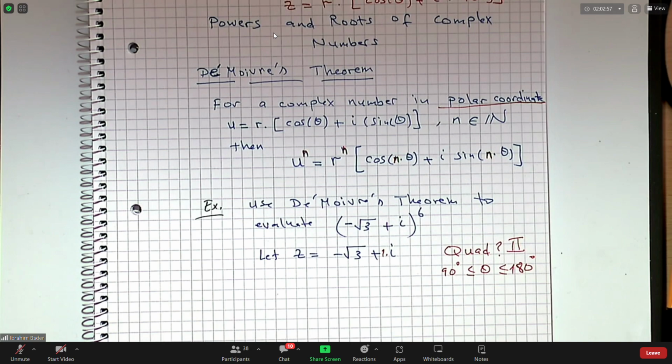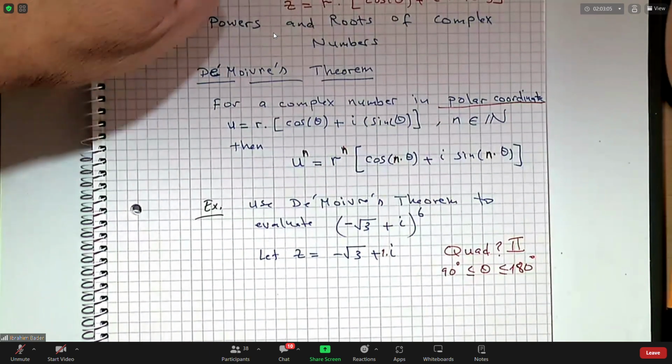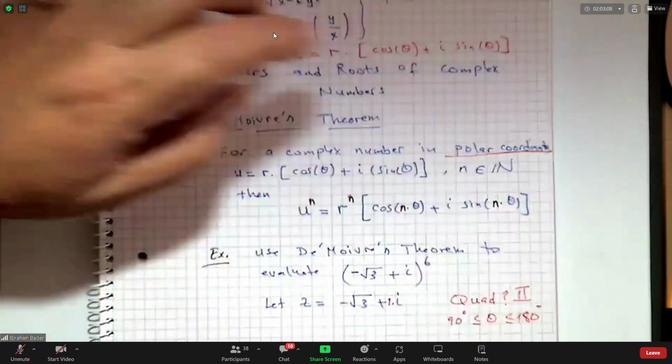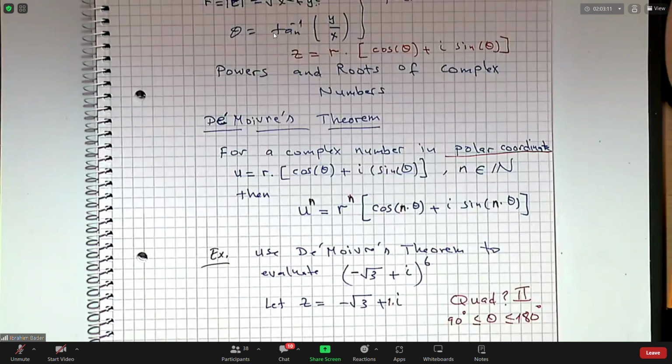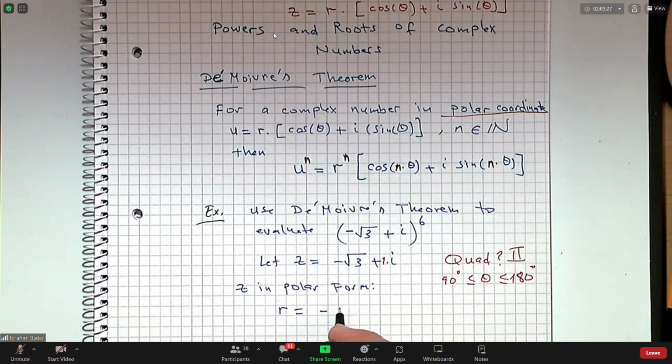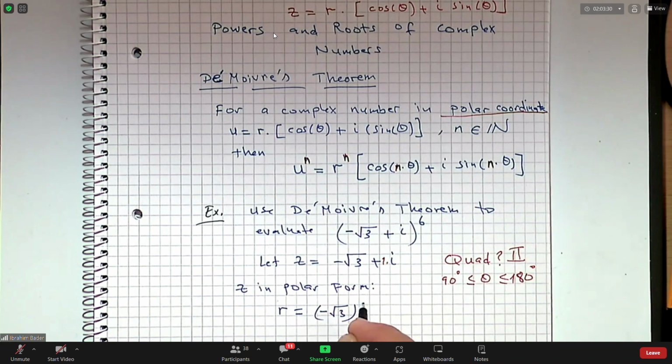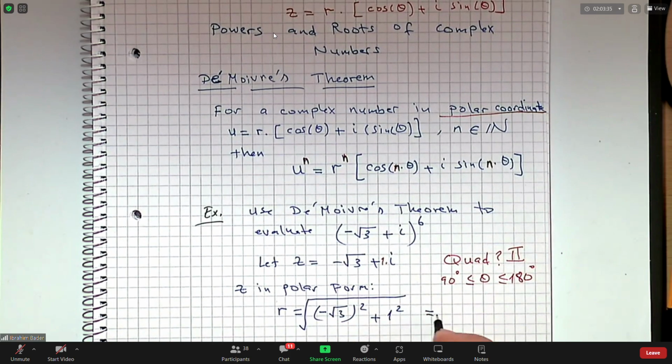So to be able to use de Moivre's theorem, we need to transfer this into the form, let me just scroll it down a little bit, in this form. That means we need to know theta and we need to know r. r is very simple and straightforward. So first thing, z in polar form. You need r, which is the square root of negative square root of 3 squared, right? Plus 1 squared, all under the root. And this is equal to,